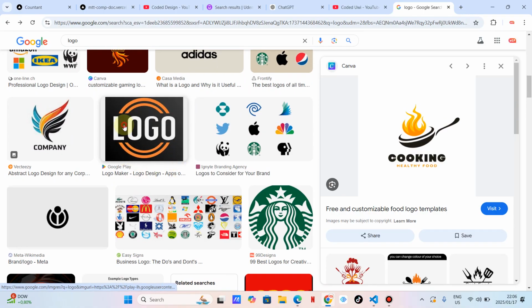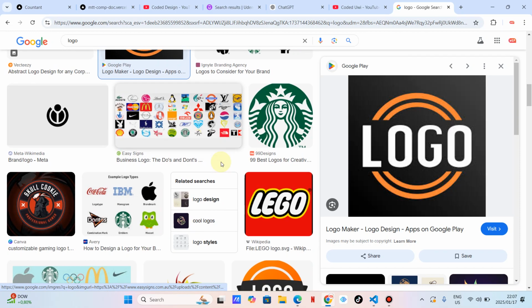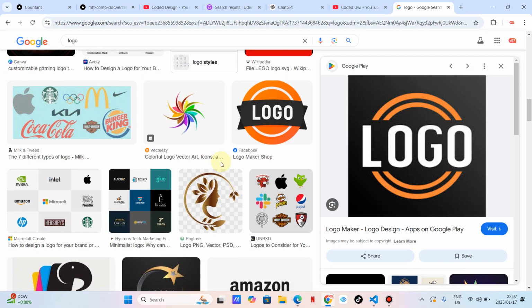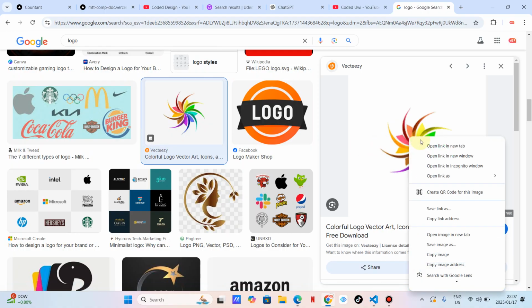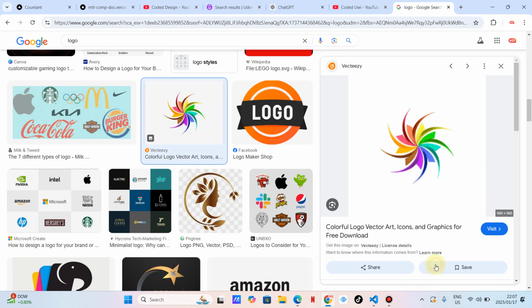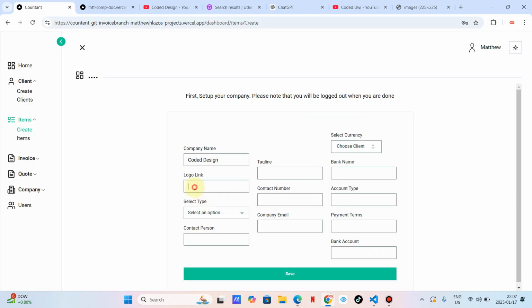Okay, so let's just check this one. Okay, I'm thinking this one is smaller. Since this is on Google Play, this might belong to someone. Let's just look for another one. I think this one might work. Okay, let's just look for this one. You're just going to copy here and copy image address, and let's just click paste and let's see. As you can see, guys, this is a very nice and small logo. So you will copy this link and go back here and paste this link here, and then you will select